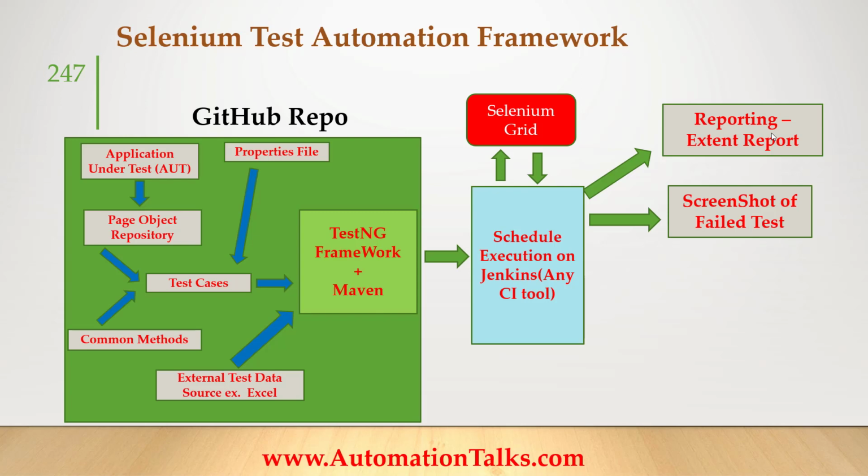I got the build from my developers. Okay, and I have, let's say, thousands of test cases, and it takes almost 8 to 9 hours for execution. So what I'll do is trigger the execution in the evening, and before tomorrow when I reach the office or log in, I should see an email in my mailbox stating test execution is finished with so and so status. Could be failed, could be passed, and if it is failed, why it failed, we will definitely get in the Extent Report. But yeah, the screenshot again we will get in our mailboxes. That is how we are going to configure it, and that's how it works in the real time industry.